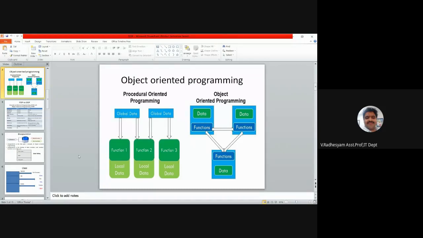Suppose you are writing 100 functions or 90 functions. You can split them into different classes according to their behavior. Manager type of activities will fall into one class, some labor type of functions will be stored in another class, and the higher officials cadre will be placed in one more class, and there will be a possibility of some communication between them in an object-oriented program. Right?